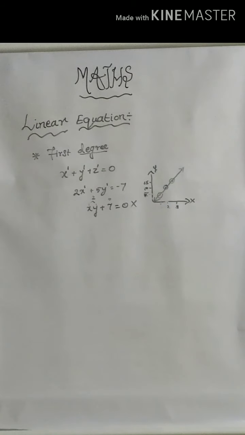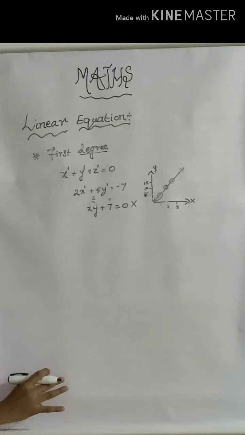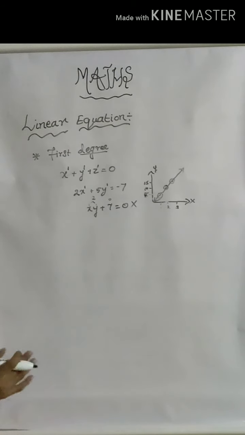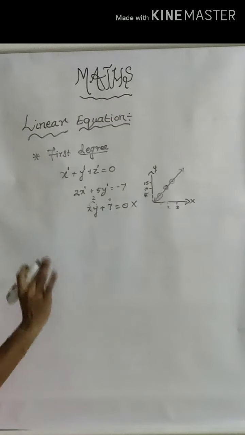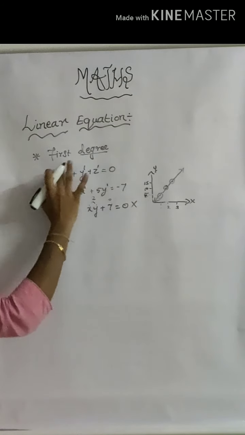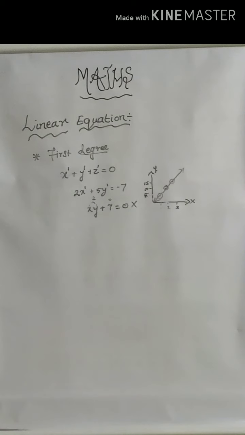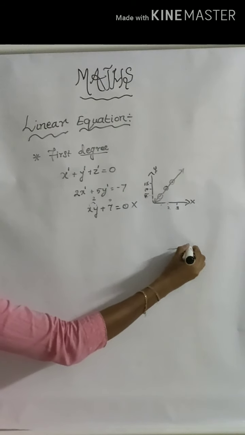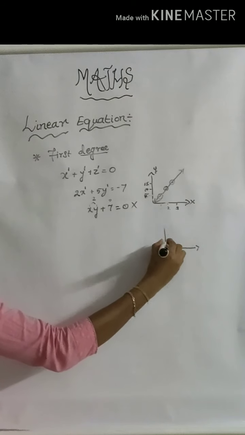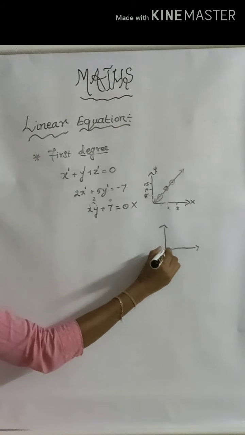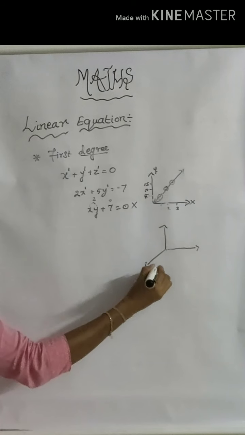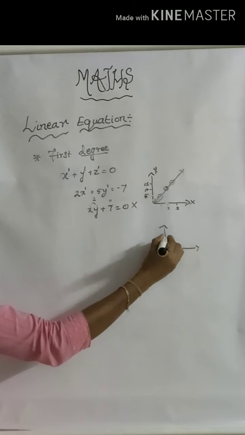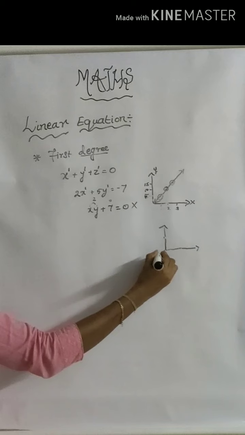So we learned that a linear equation with 2 variables will be represented by a straight line. It has been proven here. Next, the same way, we can move on to the linear equation with 3 variables. Already we know that here we have only x and y axes, and for a 3 variable equation we have to draw another axis. The horizontal line is the x axis, the vertical line is the y axis, and in the same way another axis is the z axis. This is a 3-dimensional part.